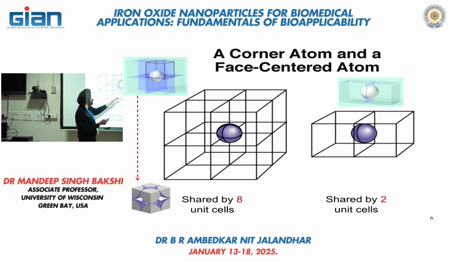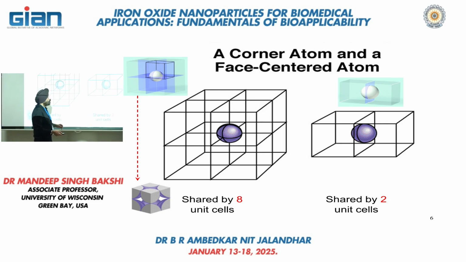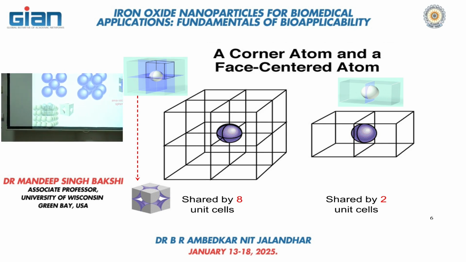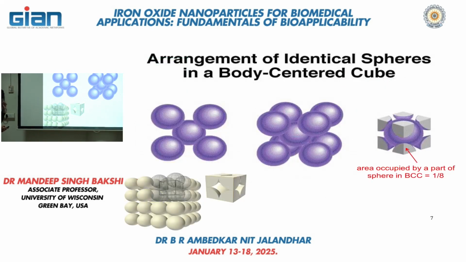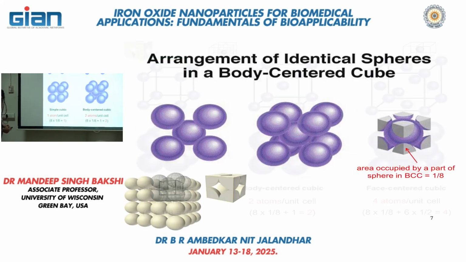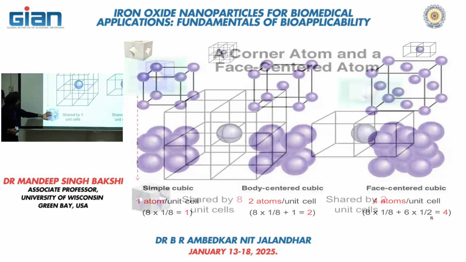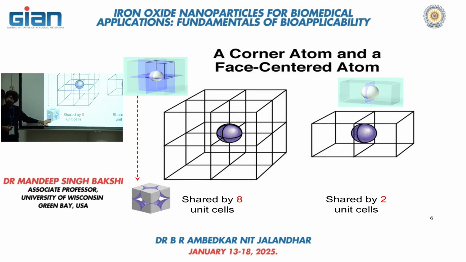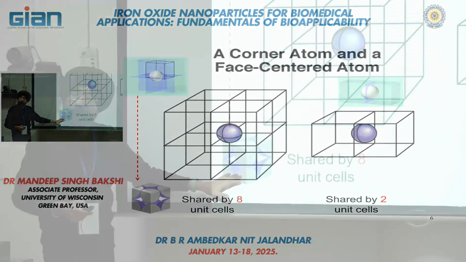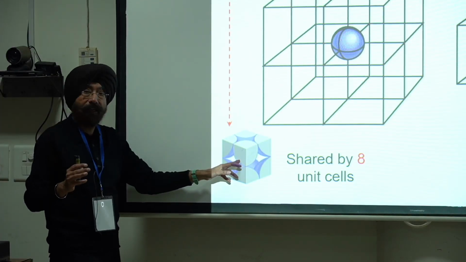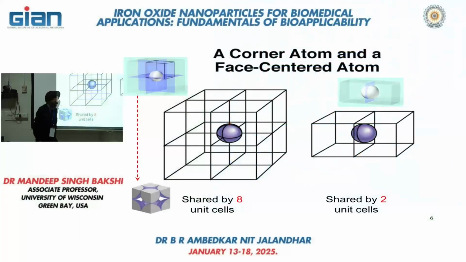And when the atom resides on the face, that is being shared among the two cubic unit cells. The half of the surface area is included in the unit cell. So for the body center, I have explained there is just one full-fledged atom in the unit cell. Now, if someone asks you that I can understand that there is 1/8 part of each atom included in the unit cell, then how much is the total surface area that is included in the unit cell? So you will find that